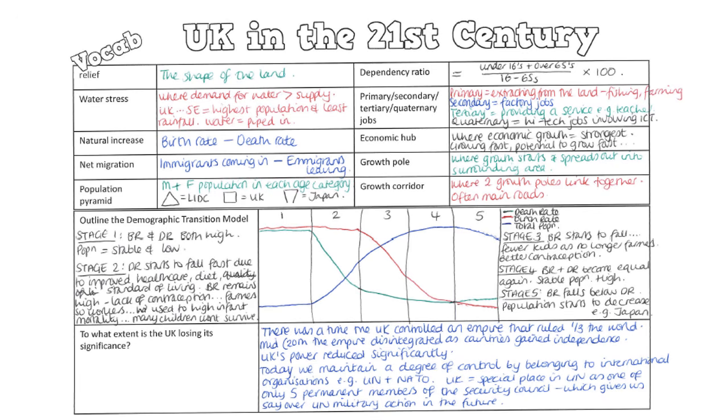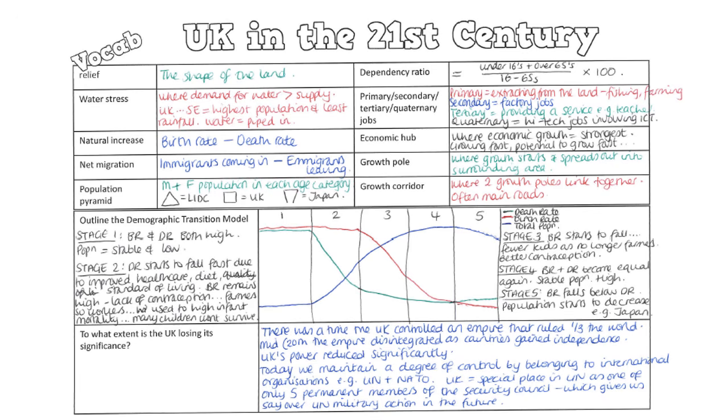The UK, countries like that tend to be more straight up, straight down, and then it sort of goes in at the top where you've got an even birth rate and death rate. Countries like Japan, where the birth rate is falling, tend to be an inverted triangle. So you've got it narrower at the bottom and higher at the top, where the birth rate is getting lower.